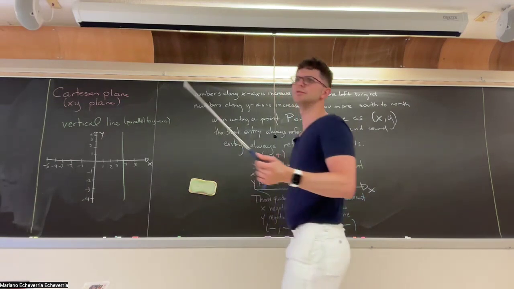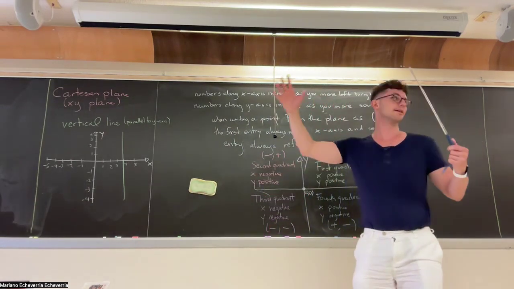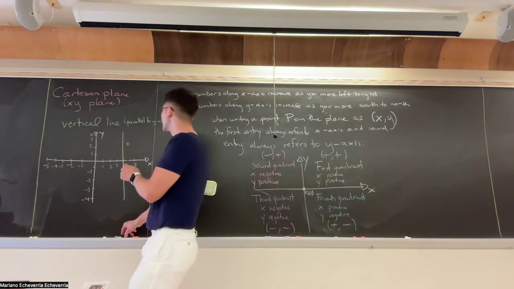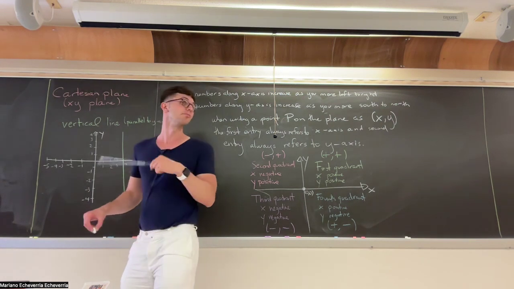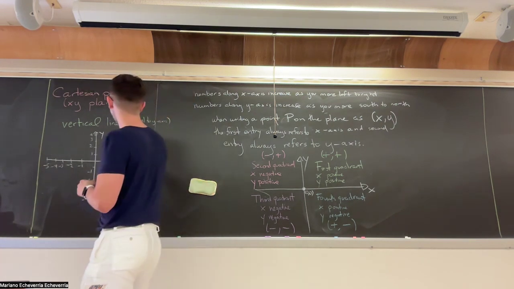It is useful, by experimentation, trial and error, to see what happens if you start choosing points from this line, right? So for example, if you choose this point,